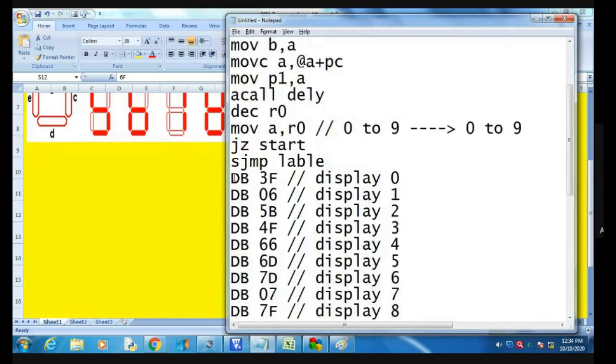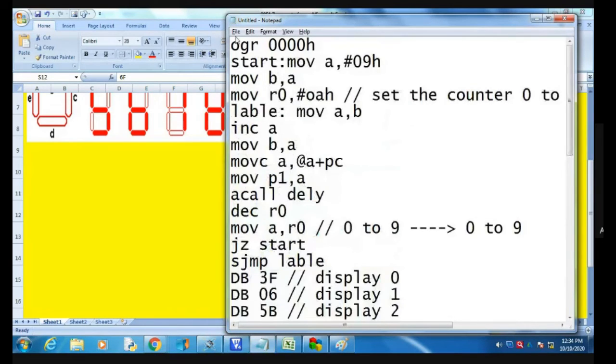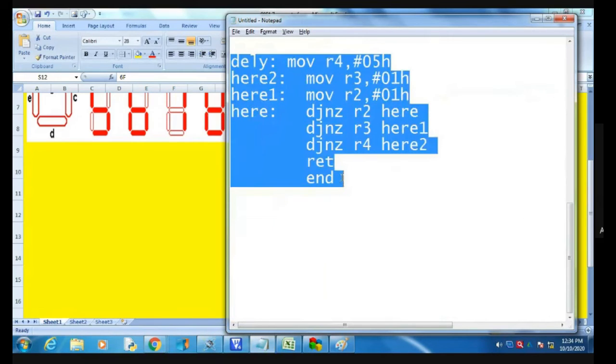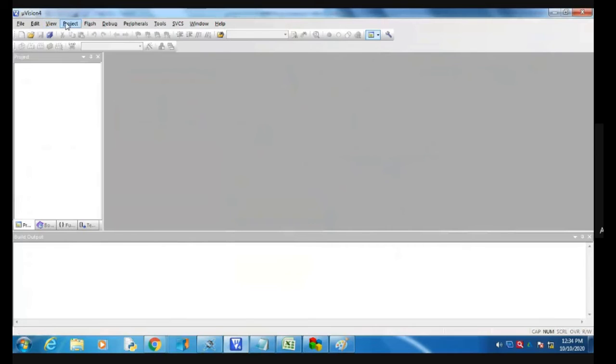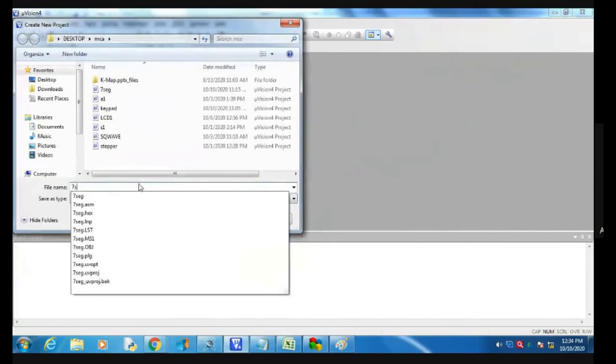This is my display 0 to 9, and this is my main program. So I'm going to copy this main program and take a new project, which is considered as 7 segment 1.